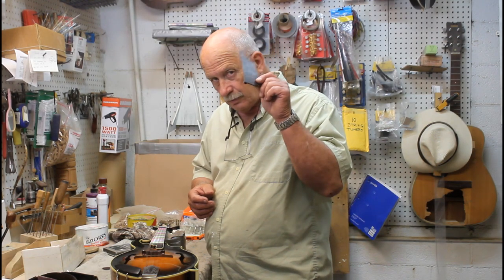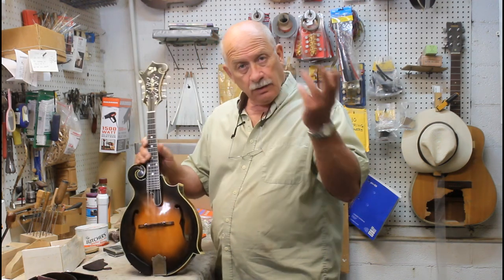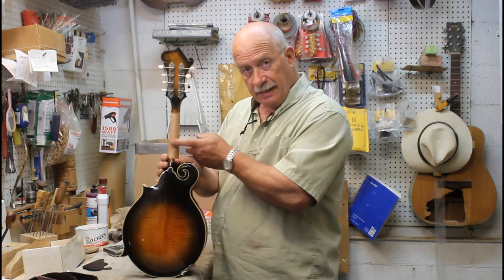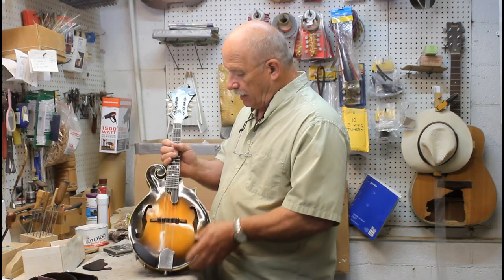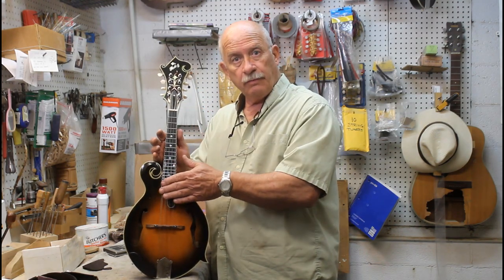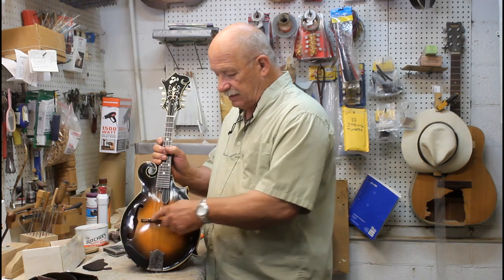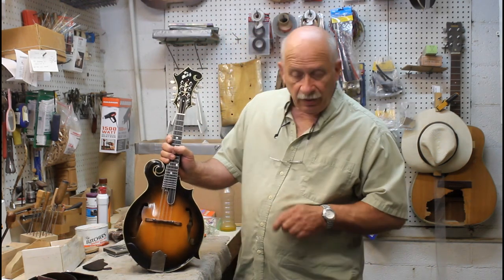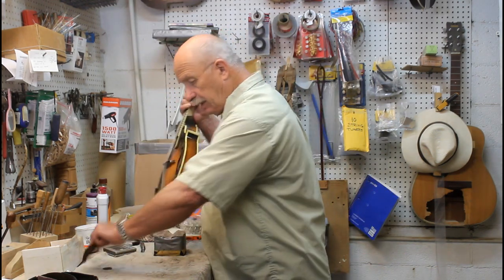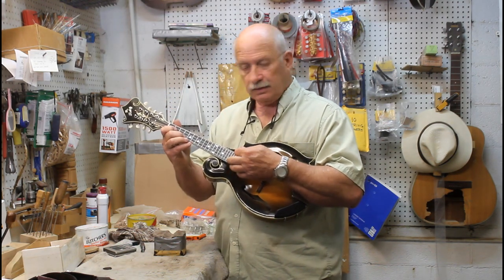And I'm finally done with this repair, with the exception of gluing this pick guard on as the last thing to do. So again, we'll recap. I did a speed neck here, and I did a fret job. Well, basically I replaned the fretboard and put a radius in it and replaced the fret. So basically it was a fret job. Reset the bridge, done some work on the nut, and built the pick guard, which I'm going to put on in a minute. And this mandolin